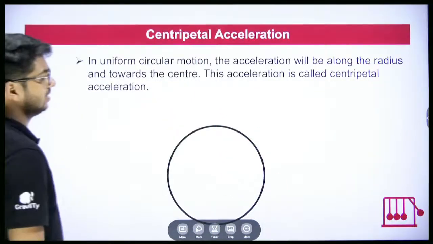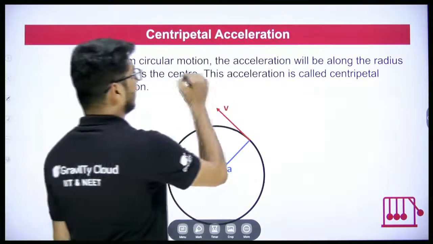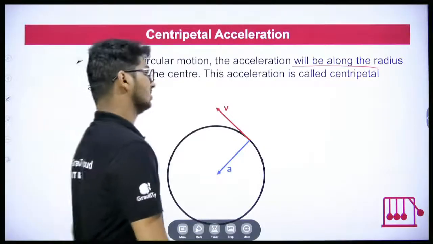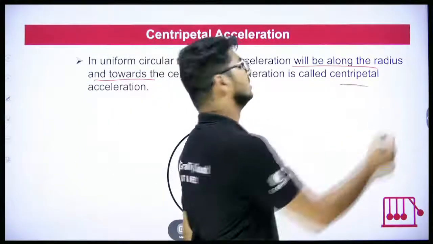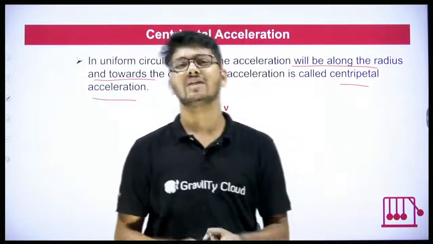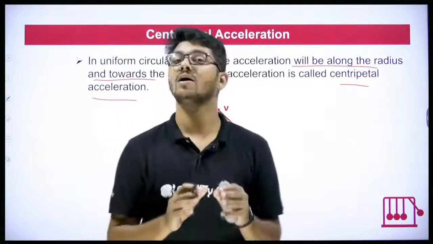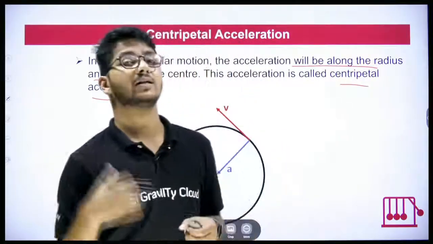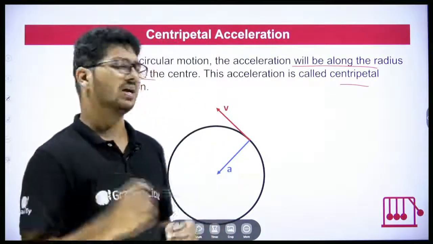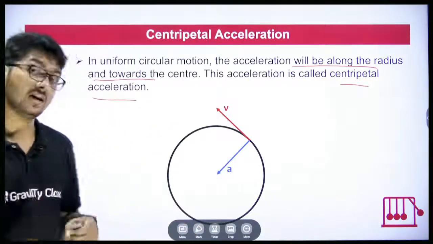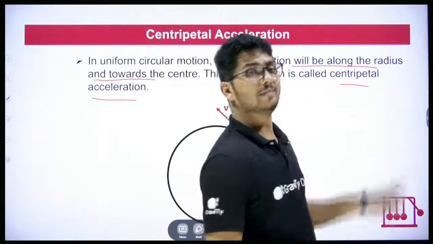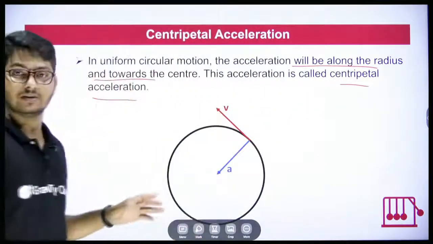So a very simple point. The acceleration direction will be what? Just remember that it is along the radius towards the center, and it is called centripetal acceleration. So where did this come from? Is there a derivation for this? Yes, there is. But is it required? No, not required as of now. You will learn that much later on. In fact, when we go into Newton's laws, Newton's second law, then you'll understand it clearly. We'll discuss it again there also. But for now, remember the direction for centripetal acceleration will be along the radius and towards the center.